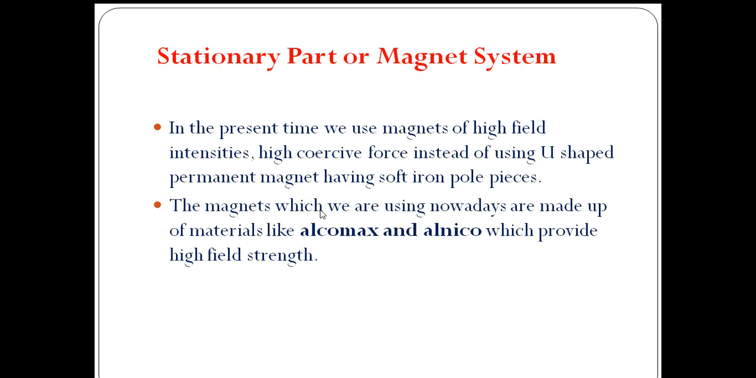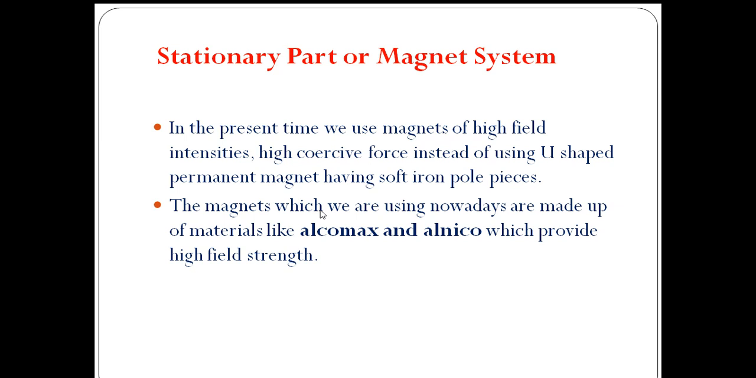In that, the first part is the magnetic system. It is a fixed one. Actually, in the present time, we use magnets of high field intensities and high coercive force instead of U-shaped permanent magnets having soft iron pole pieces. The magnets we are using nowadays are made up of a material like Alcomax or Alnico, which provide